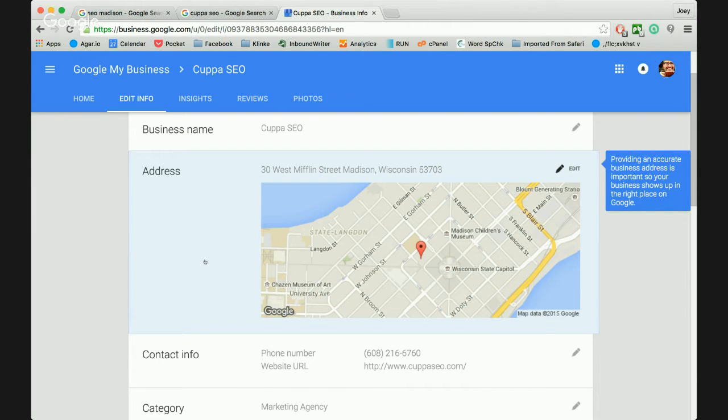Anybody on the webinar today who's local to Dane County, Madison, Wisconsin has the densest population. It has the most daily searches going on for pretty much any keyword you could imagine, all right? So even if you're in DeForest, unless you strictly want to work with people in DeForest, you might want to consider using a Madison, Wisconsin zip code.